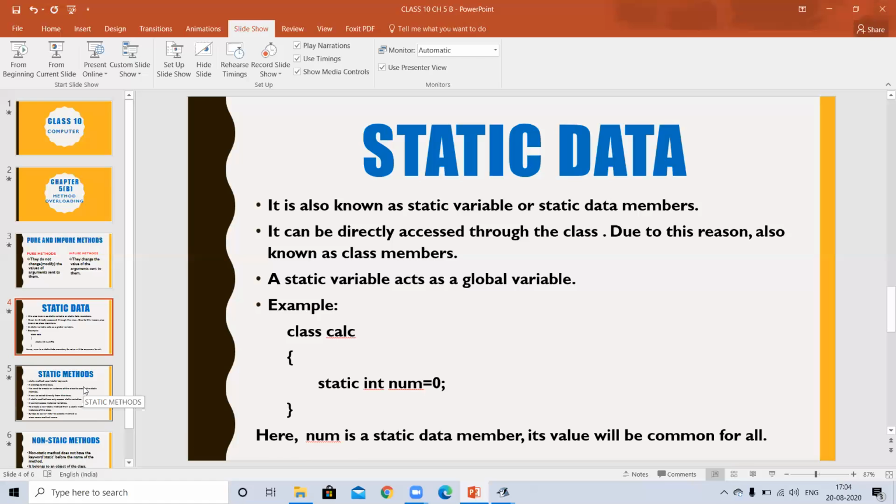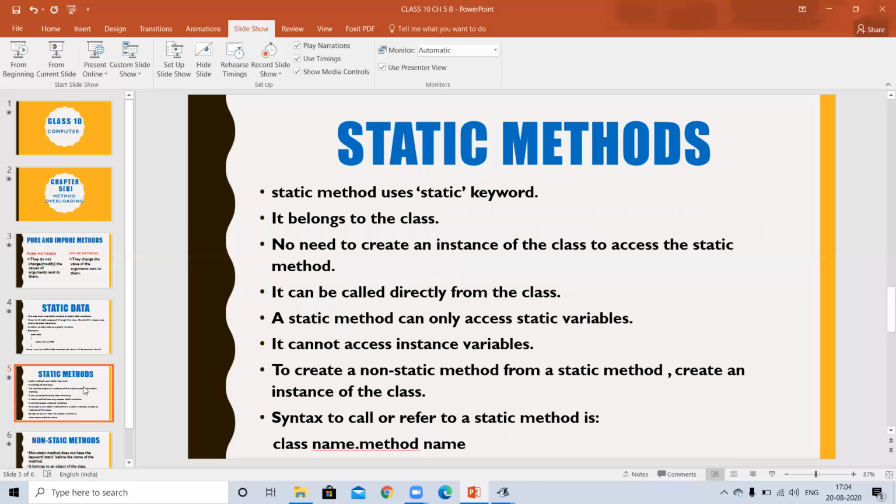Now our next topic is static method. What is a static method? Static methods also use the static keyword. Like in a static data member, where before the variable data type you have to use the keyword static, in the same way, before the method name, you have to use this keyword static. And it also belongs to the class. I told you that static data members are called class members.